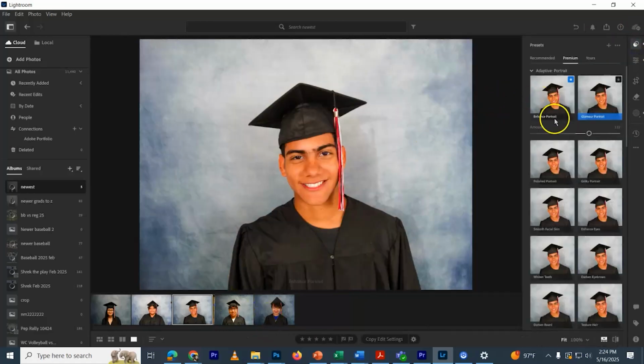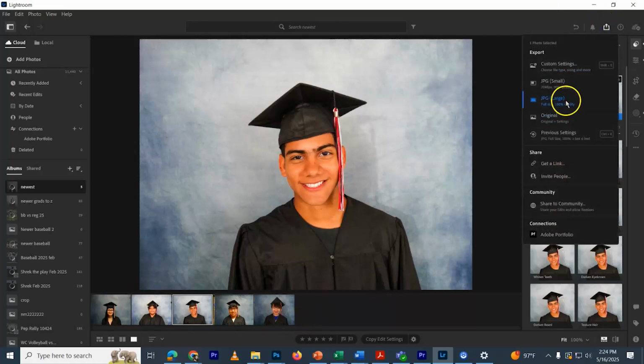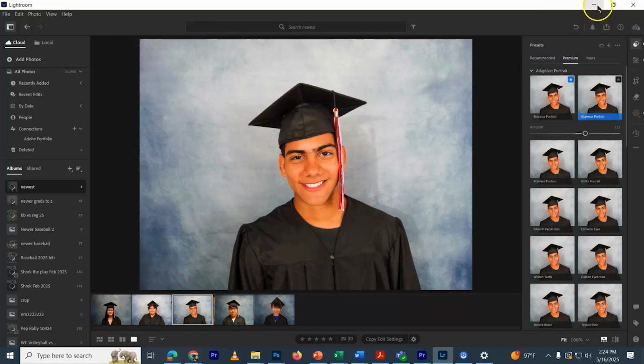Select this one, and Lightroom has a polished or glamour one, and I just enhance it a little bit. And then once I get all of those, I Control A, then export all of them to a folder, and then I add them later on into